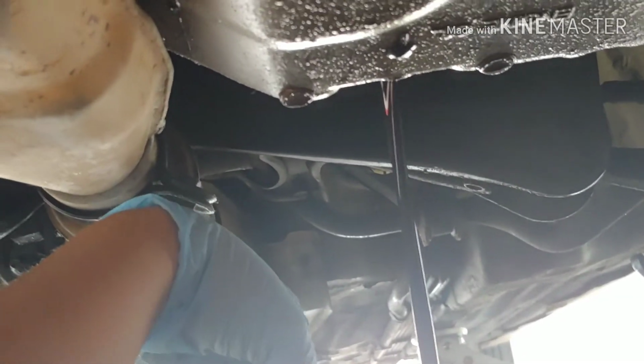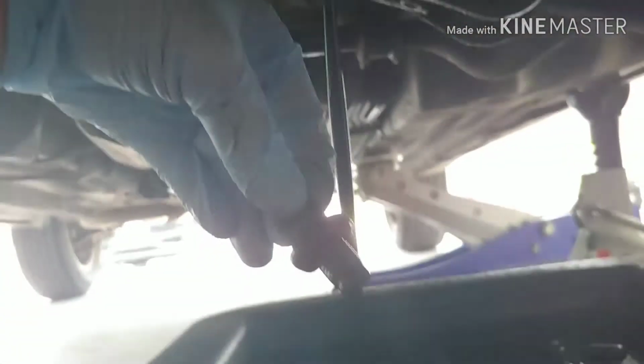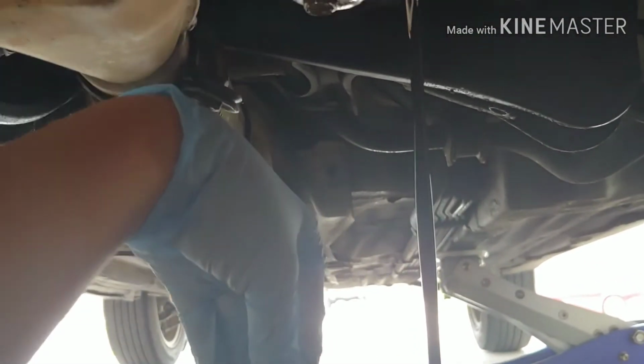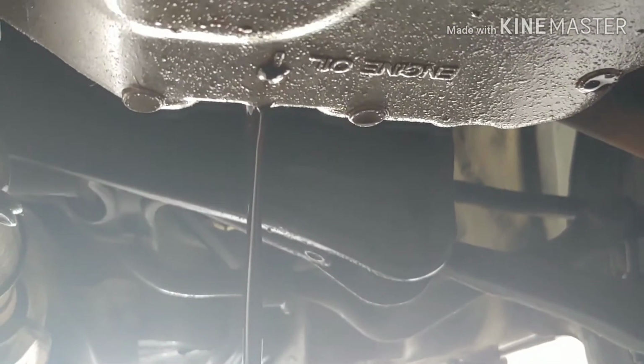I love these little thumb screws for your oil bolt, oil filter bolt, oil pan bolt, whatever. Convenient. I bought it at Rock Auto. I think it's like $2. I like the one with the little magnet stuck on the bottom so it can get all the debris. So I'll just leave this right there, and I'll come back when this thing is done,